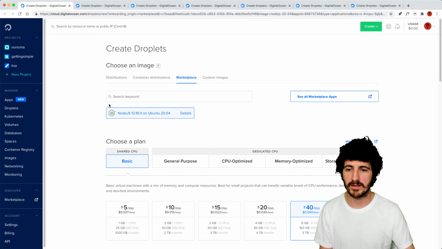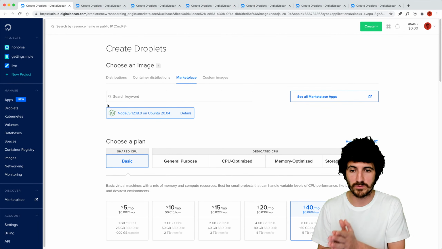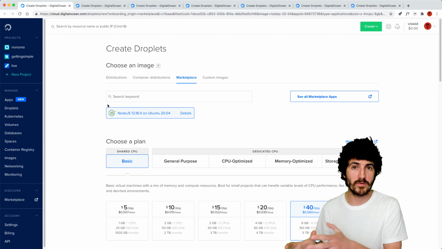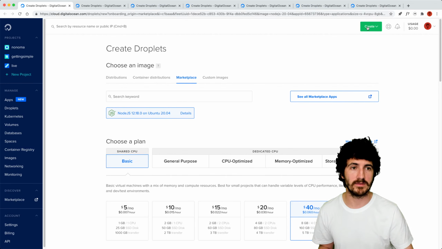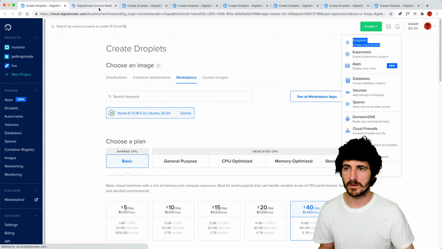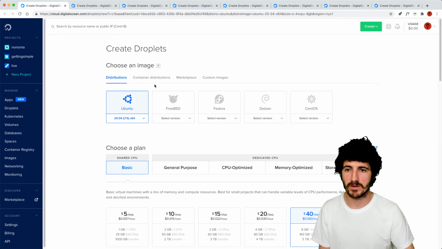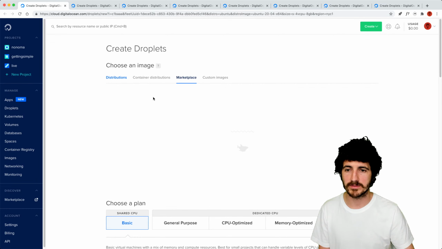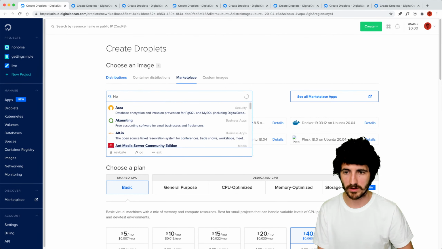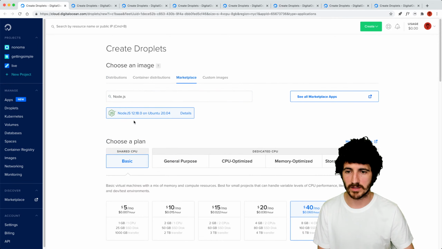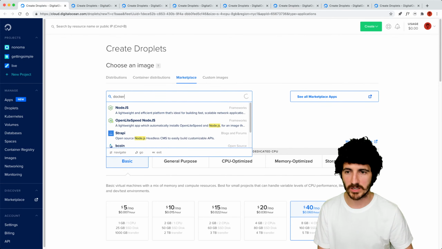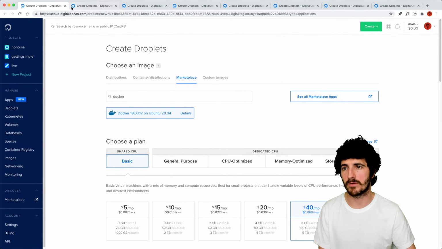All right, so we have our create, and you can see this is familiar because we've got to the same menu we were at before. Instead of clicking create and then just creating from the distribution, we've selected a marketplace image. So we could actually have done this way. We could come here to this tab, go to marketplace, just type Node.js and click there, and we will be at the same exact point here, and we could quickly change from here to the Docker image or whatever, right?